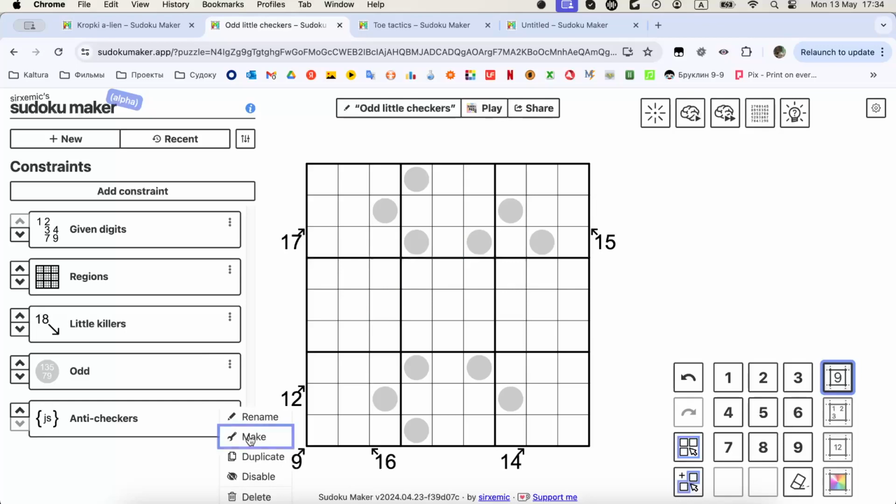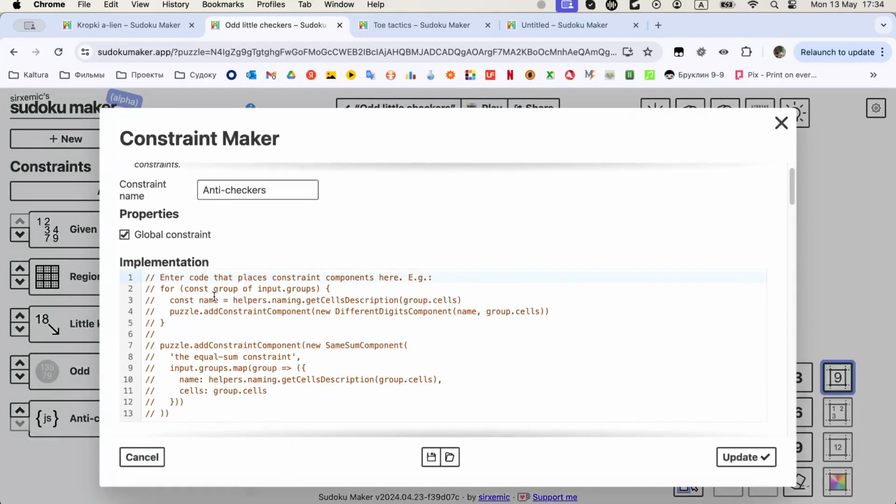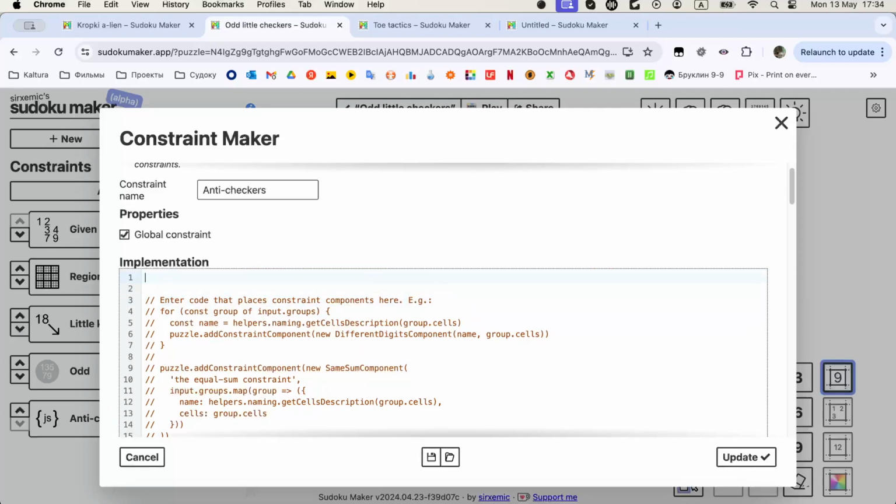So basically it's not a lot different from coding a local constraint. The only difference is that we keep the global constraint checkmark on, and for input, we don't specify any input groups, and we need to understand by ourselves which cells we apply the constraint to. So for instance, if we want to apply some constraints to all cells a knight's move apart,